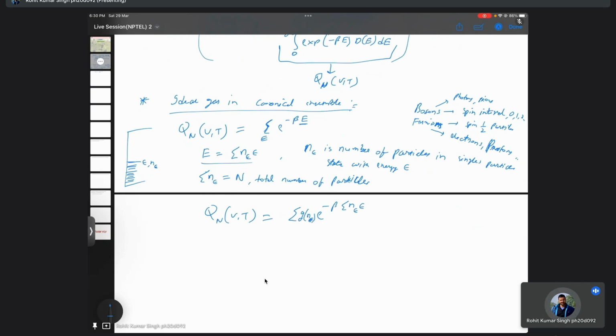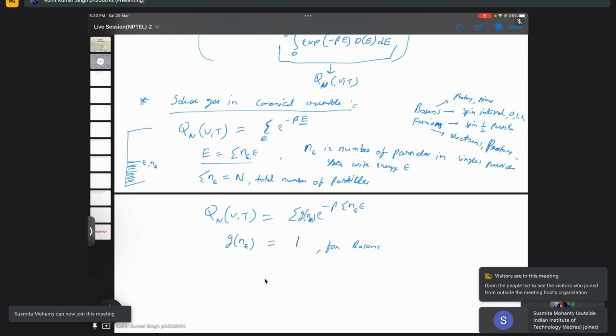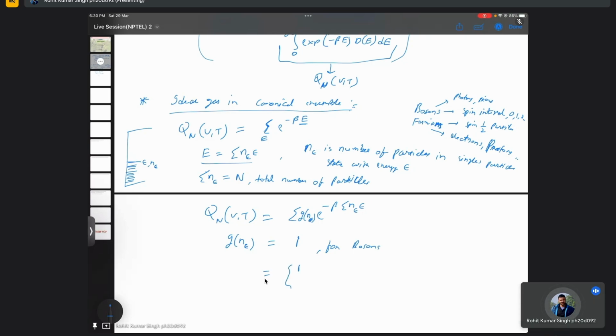Okay, so this factor is called the statistical weight factor. Okay, and this will be 1 for bosons and this will be either 1 or 0